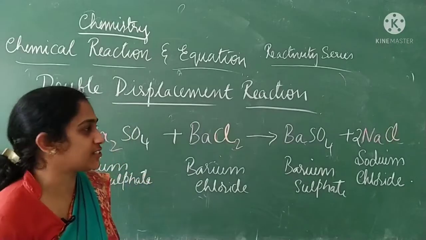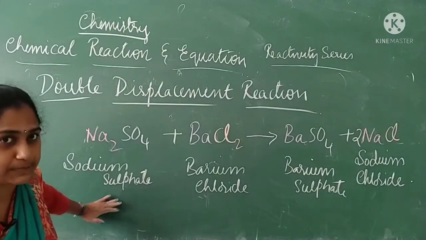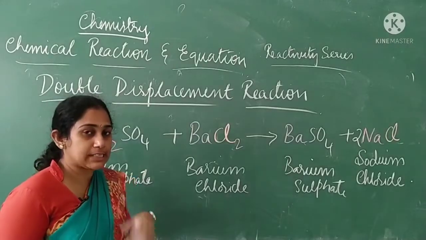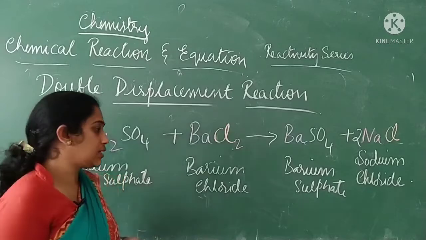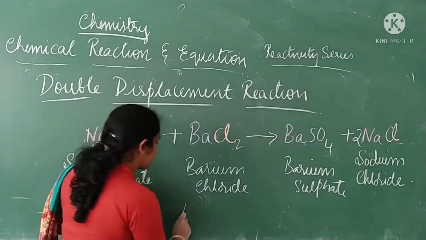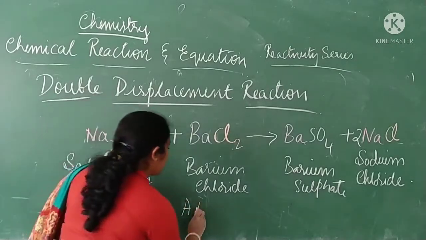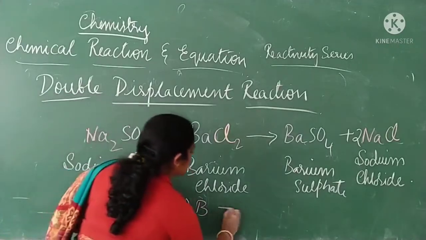Now let us move on to the next reaction, double displacement reaction. So far we have discussed displacement reactions. In that what we have seen is one of the highly reactive metals can displace the other low reactive metal from its salt solution. So it was similar to playing Kho-Kho. So if you have seen Kho-Kho, in that what happens is there is a person A and B here, another person C.